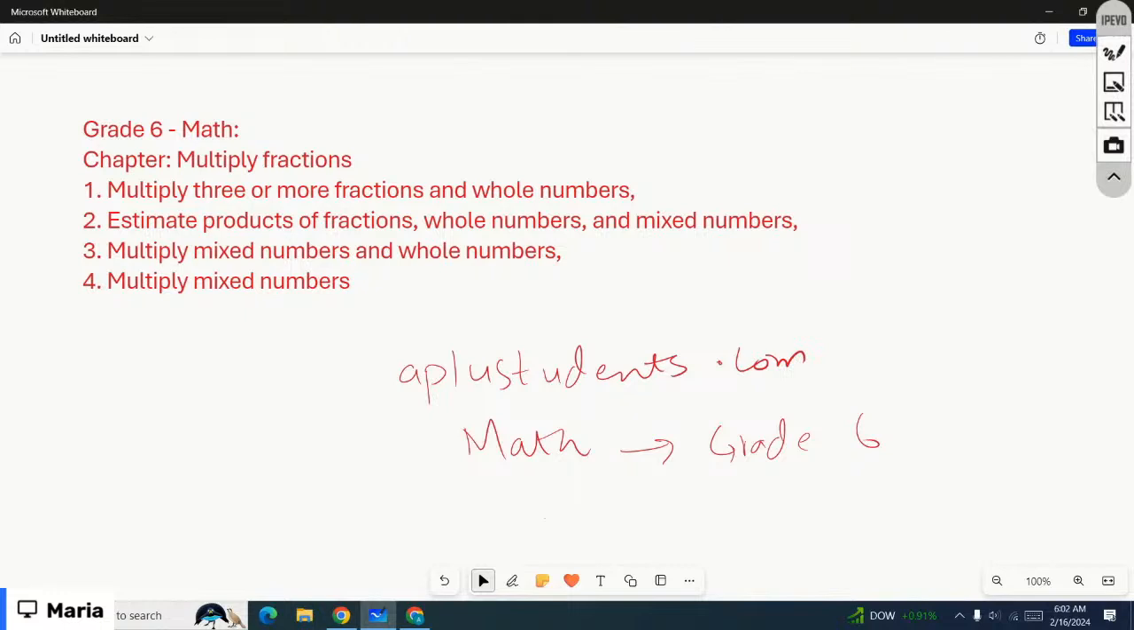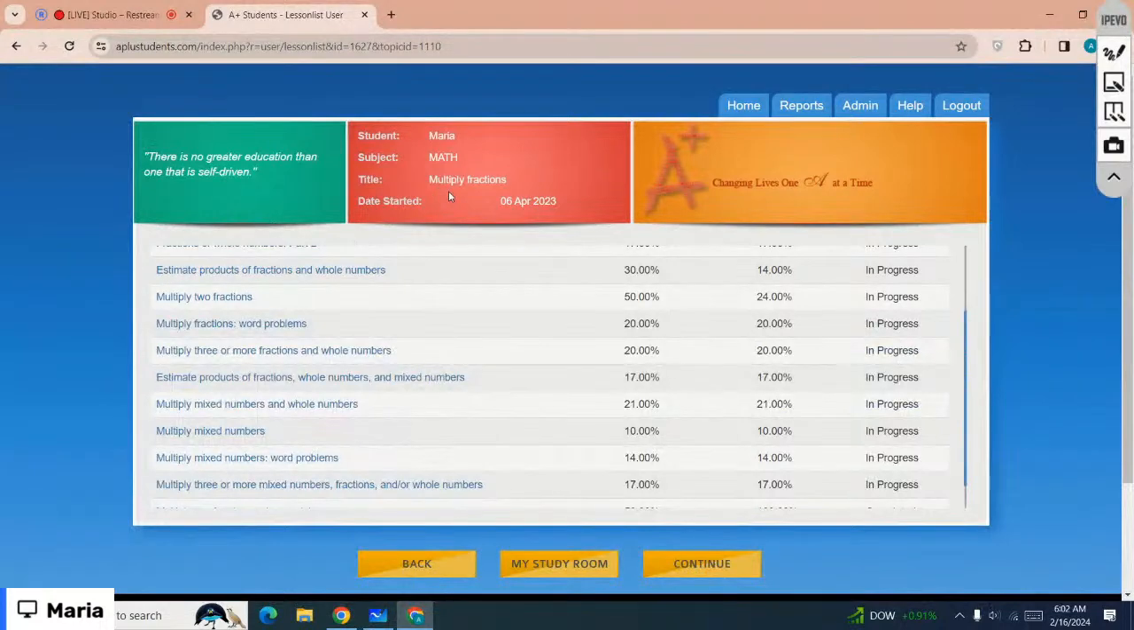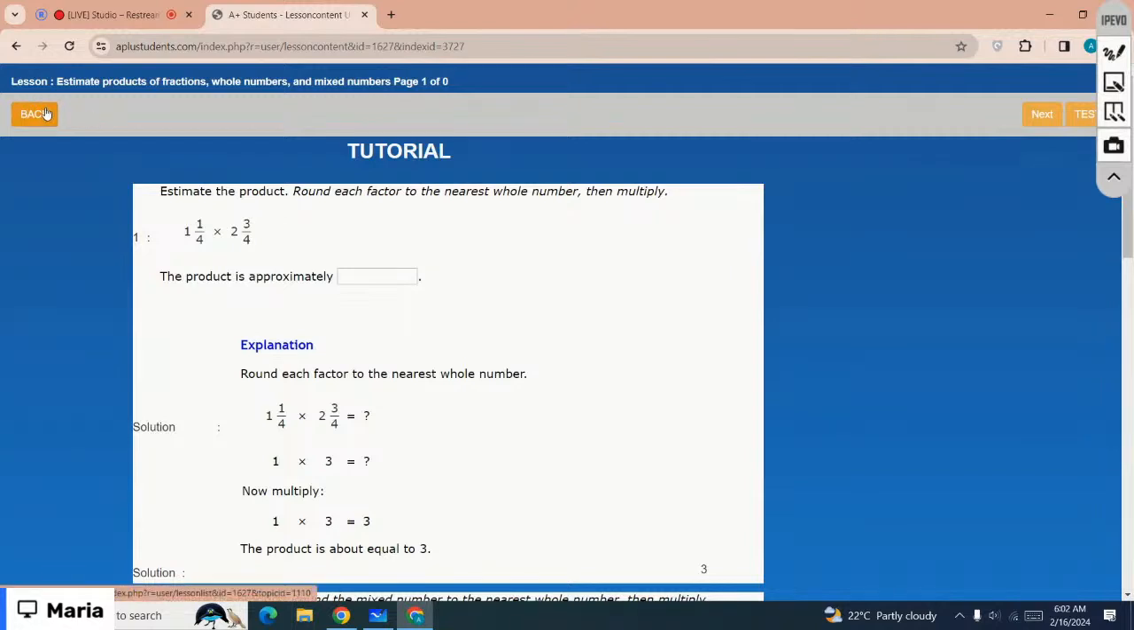So please make sure you have your notebook and pencil so that you can note down the important examples and definitions as well. So let's just start with the lesson. Here I am on grade 6 math. The chapter we are working on right now is multiply fractions. Let's just start with the lesson, that is multiply three or more fractions,